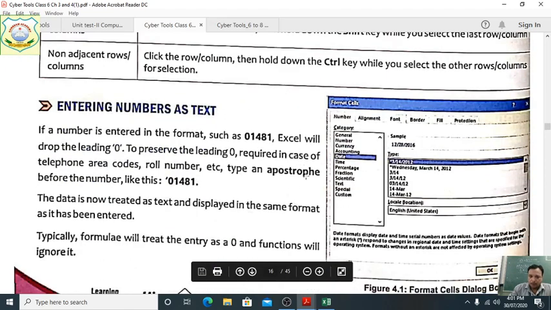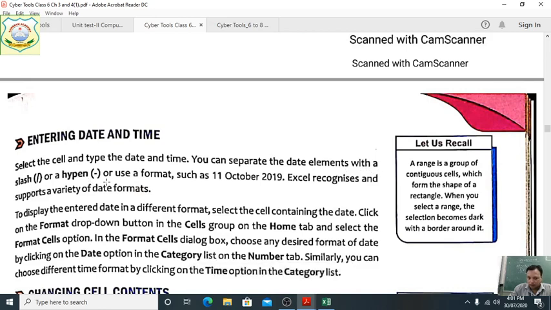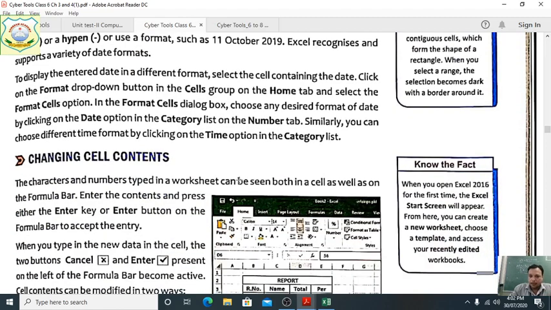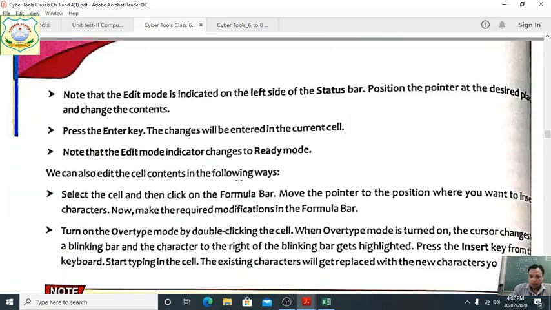This is the apostrophe, what is its use. There you can separate the date elements by the slash option or the hyphen option. This is the slash option, this is the hyphen option. Clear? This way we can do it.